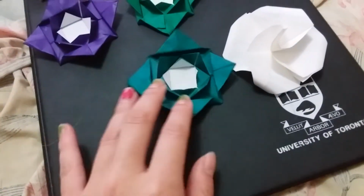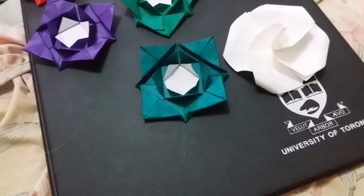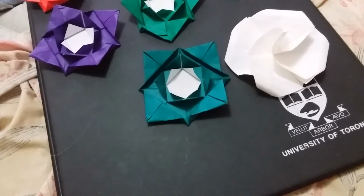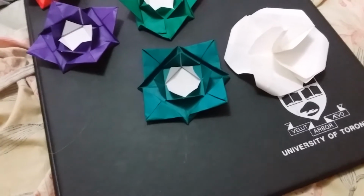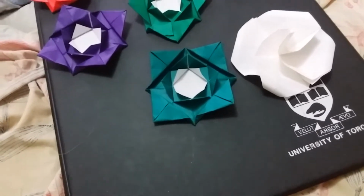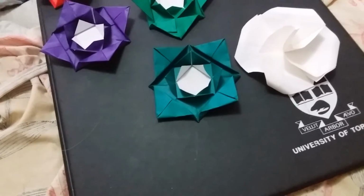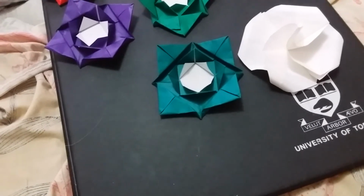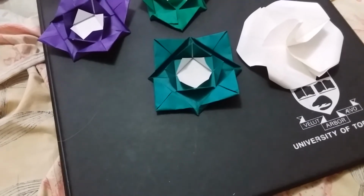But then I came to realize that medium-sized origami paper does not work for the lotus flower, and you actually need the bigger paper, and I only have like 5 sheets. I don't know why the package came with a lot of tiny ones, a lot of medium ones, but for the larger sheets they only come with a few. So I was like, I don't want to use all of that, and I ended up not using it,